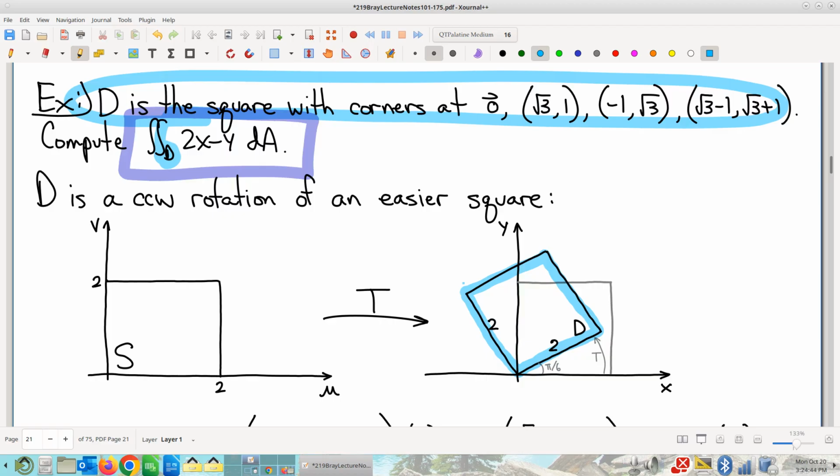And side note, in doing those 3 iterated integrals, I'd have to find the equations of these 4 edge lines, and so there'd be a little bit of, it's not hard, but it's just tedium, it's an effort. Okay. So here's the big idea. What I would like to be able to do,